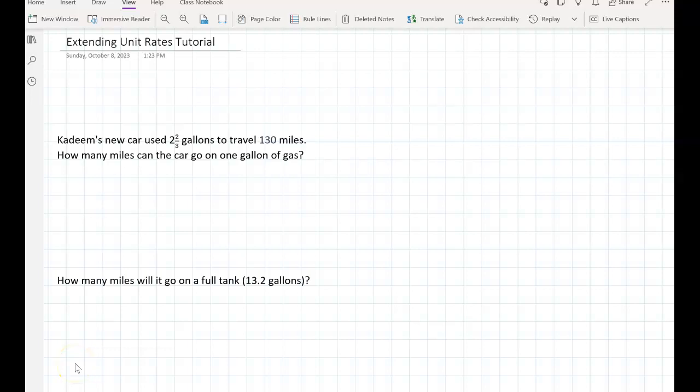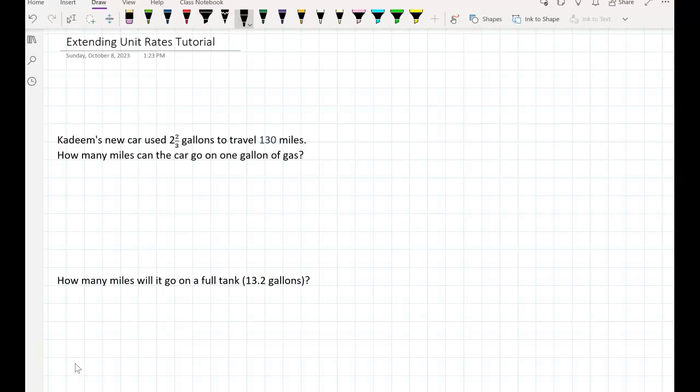Hey there, math friends. Today we are taking a look at extending unit rates. But before we get into that, let's remember some of the important things about unit rates in general. The very first thing we want to remember with unit rates